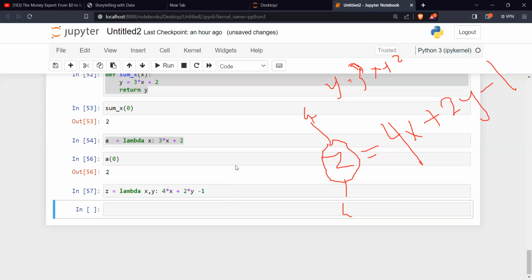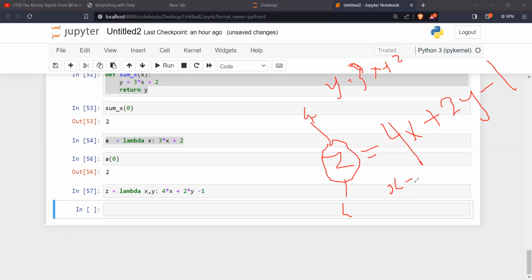So where x is 2 and where y is equal to 5, what is z? 8, so this 10, is 2 times what?